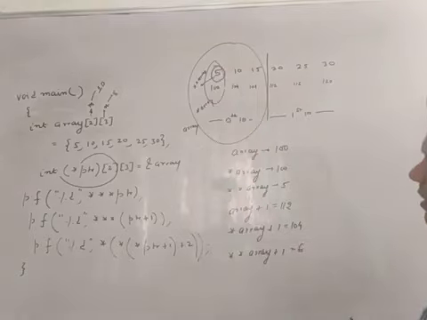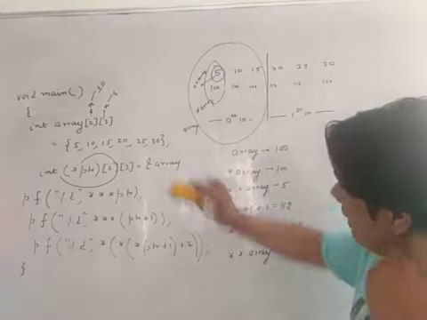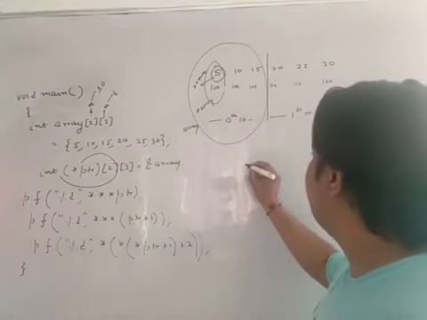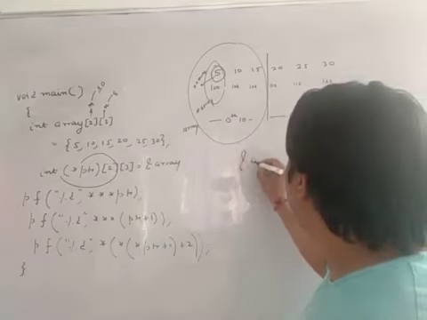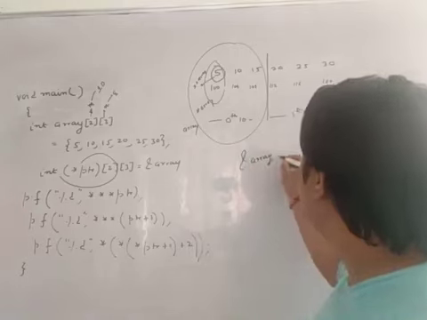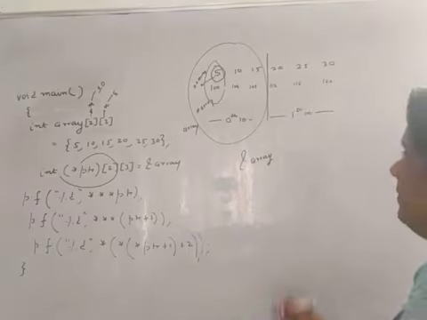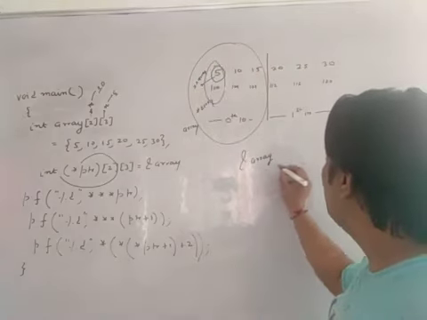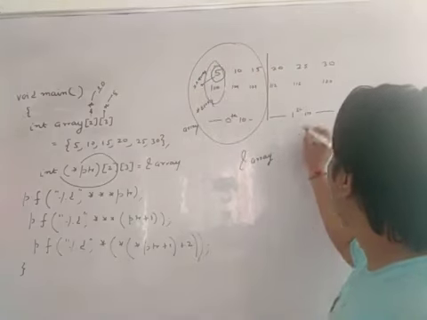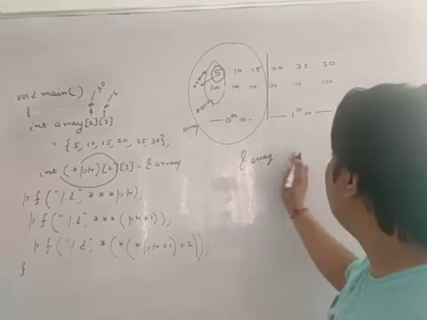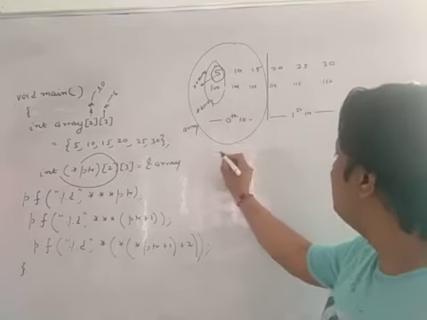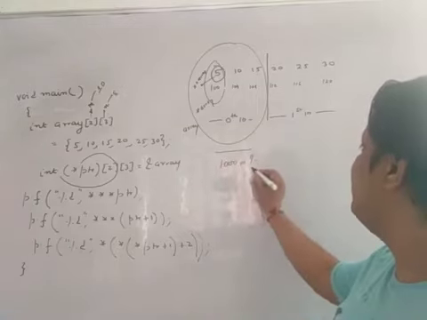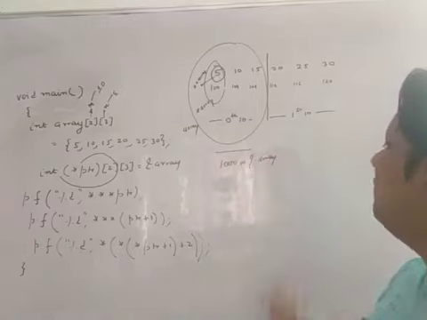Fine. So what you are writing here is address of array plus 1. Now if I write address of array, what does it mean? Address of array means this complete 2D array. This complete 2D array is stored at some location. For example, I am just talking about this complete 2D array and this array is stored at location, let's suppose 1000. So this 1000 is your address of array, right?